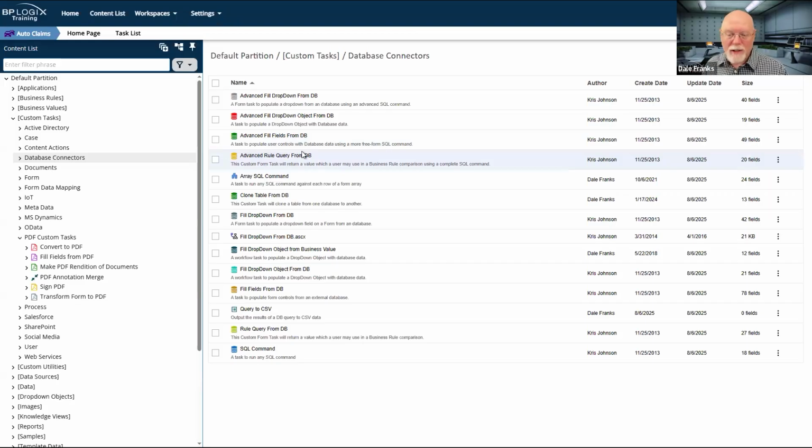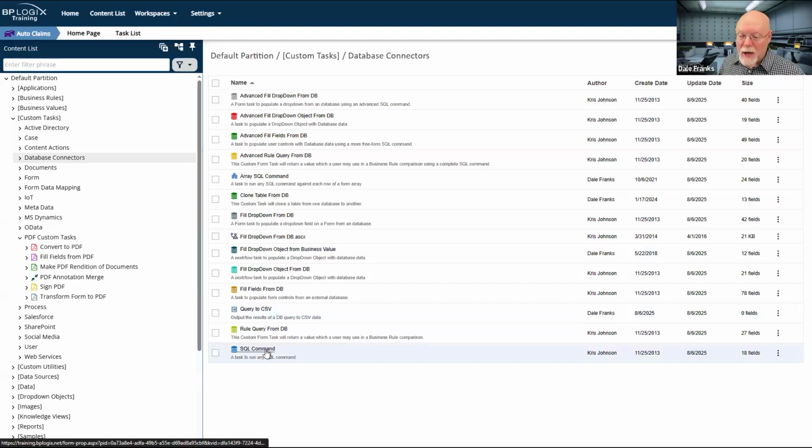Because business rules exist, so I can always access external data anytime from anywhere in any form, and because forms now have the Set Form Data and Fill Dropdowns tab, pretty much everything in here, not all of it, because there are some really weird ones like array SQL command, and also just the SQL command custom task itself.